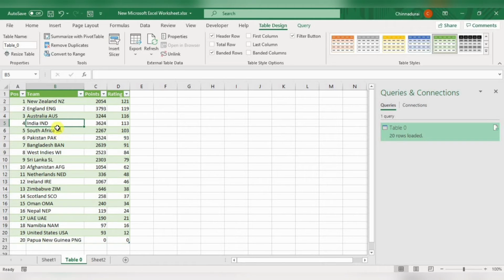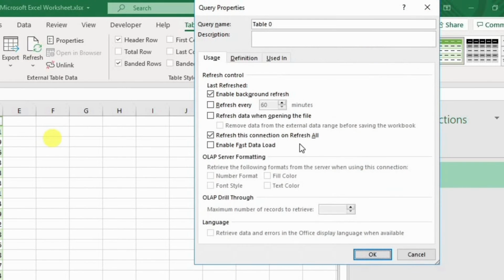And if you don't want it to refresh when I open the file, or if you feel the data needs to be refreshed automatically, here we have an option: refresh every whatever time is required. If you enter it here, according to that particular interval, the Excel file will automatically get refreshed.